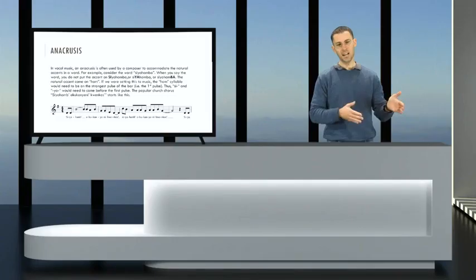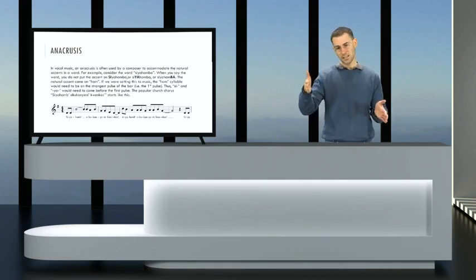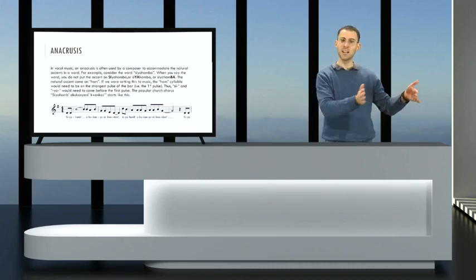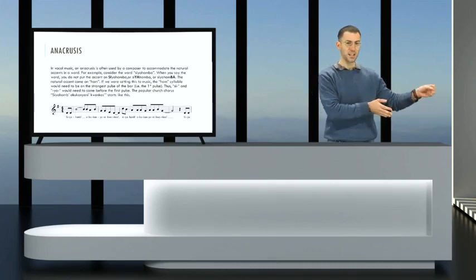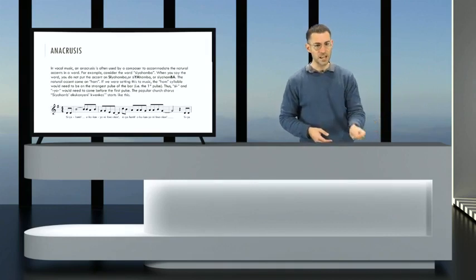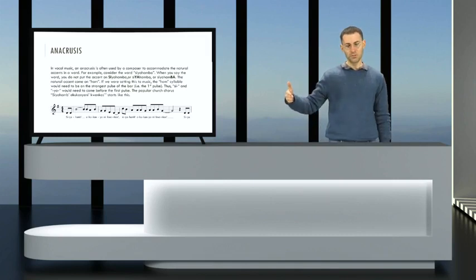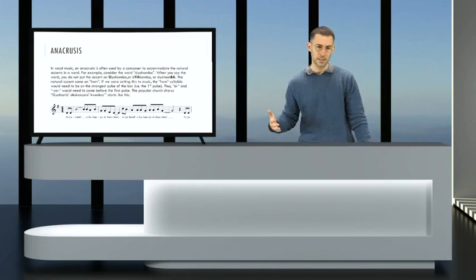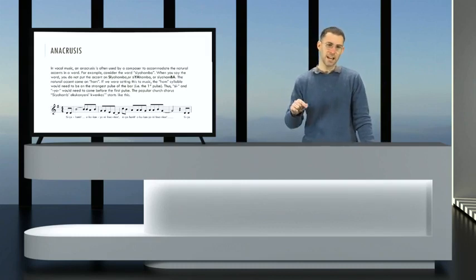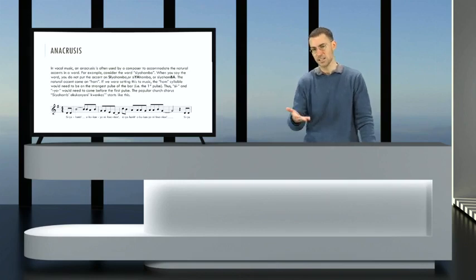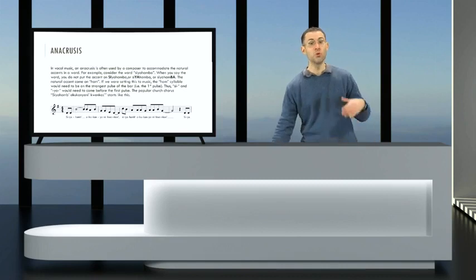So the anacrusis allows us to delay the syllable ham to the first beat by pushing si and ya onto the upbeat. The same works for some of the other words as well. You'll know that in Zulu and Xhosa and some of our other local languages, usually the accent of a word is on the penultimate syllable, the second last one. It's the same here. So usually in music, the anacrusis is to accommodate the accents of words for a song.